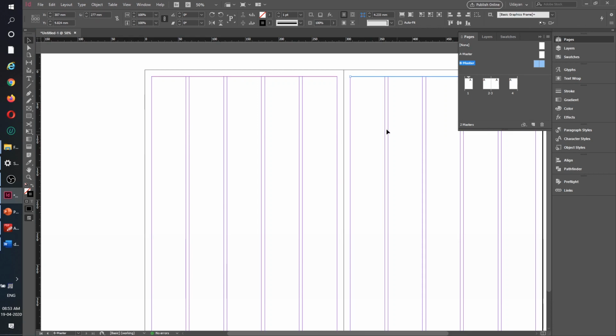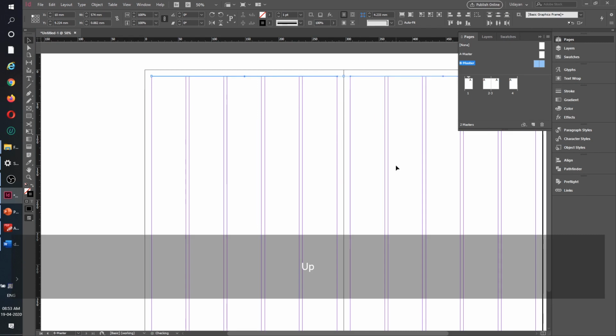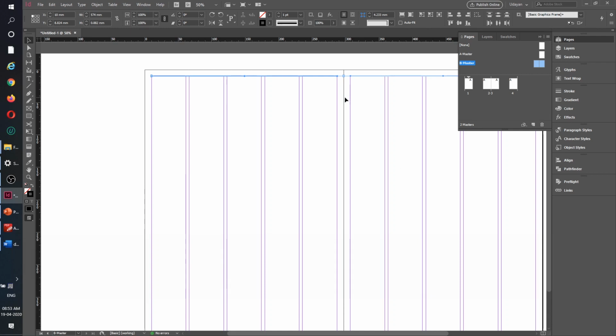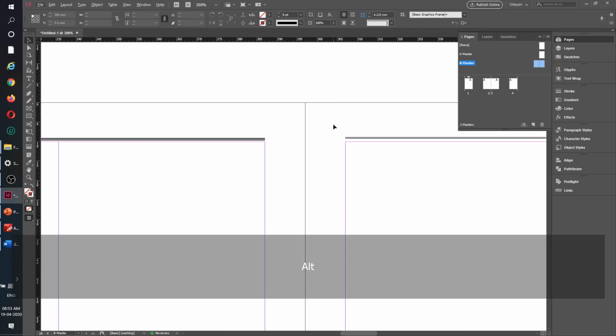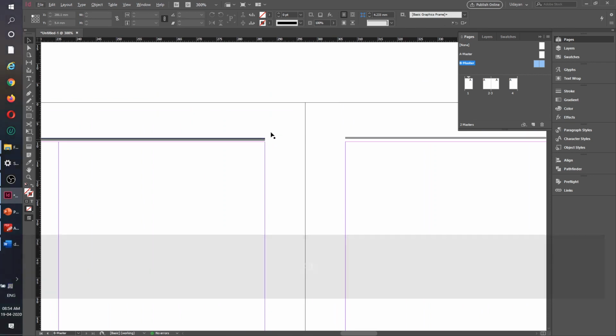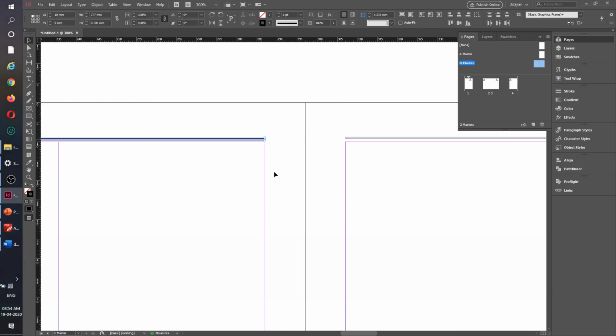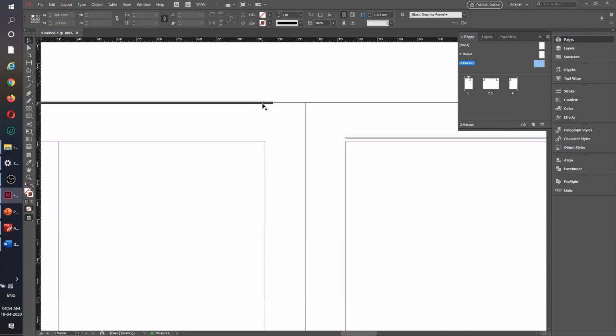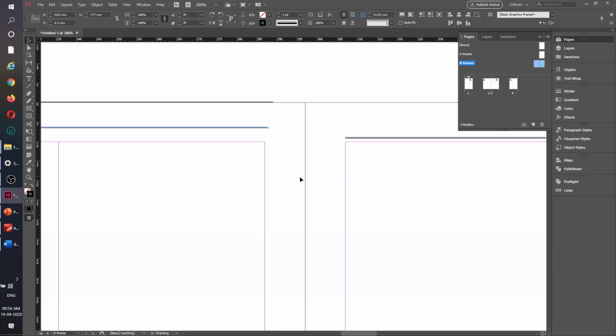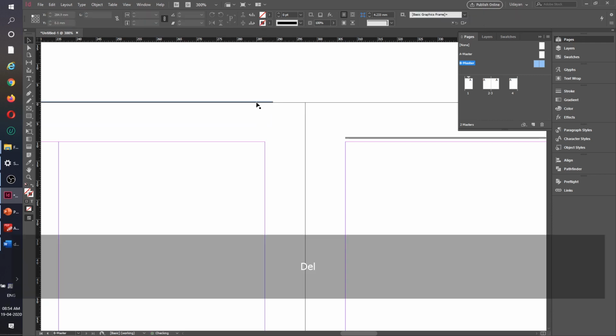Yes, we are good. Now I will select both of them, and like before, press it 10 times. 1, 2, 3, 4, 5, 6, 7, 8, 9, 10. Okay, so we are going up. And I think we are good to go. I'll just zoom it through so that I can see it properly. I think there are 2. Okay, how many of them are there? There are 2. So I will delete this one.